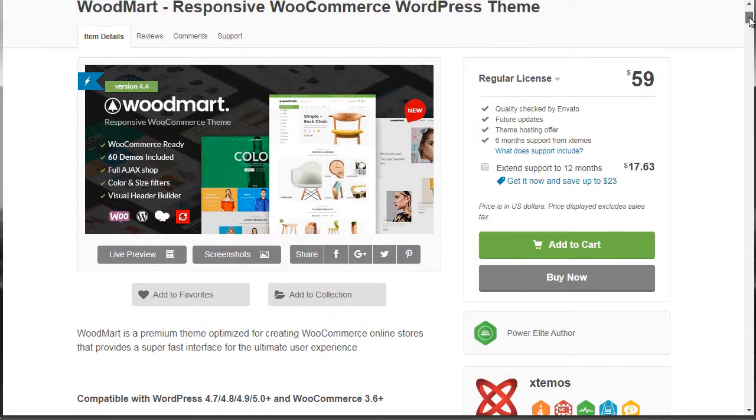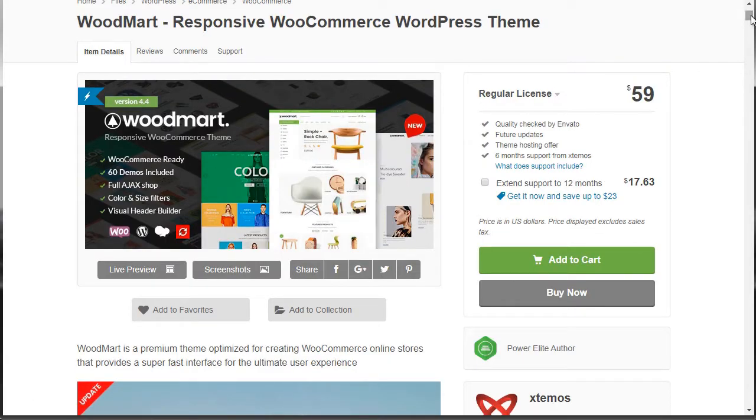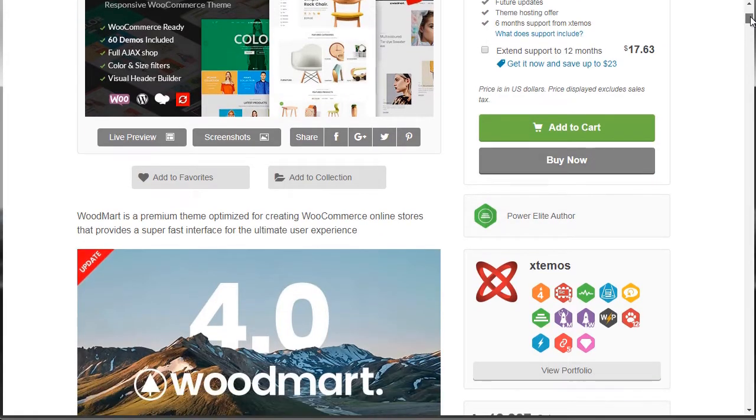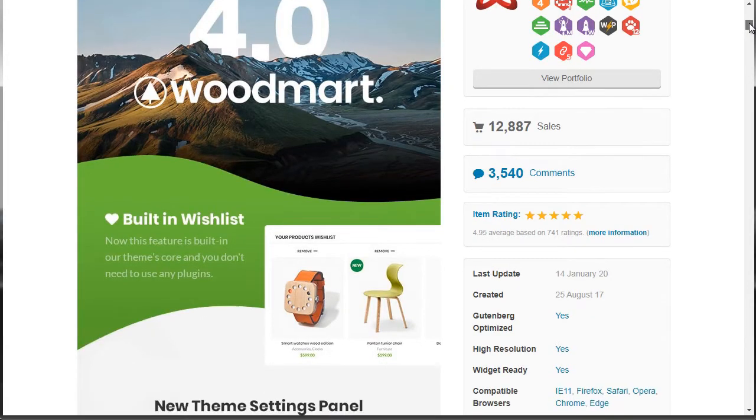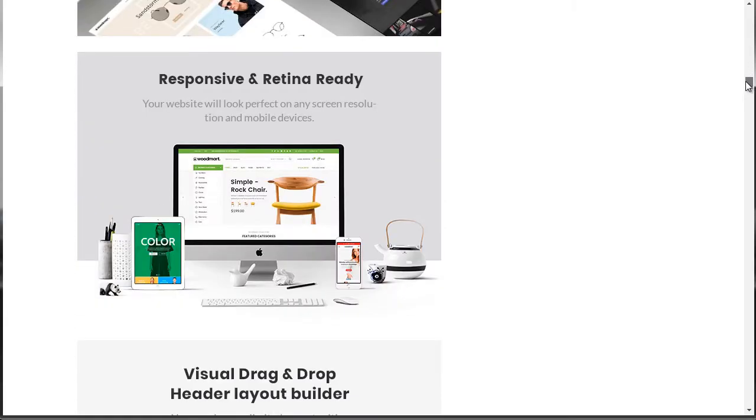So if you scroll down here, you can see that this one theme can actually fit many different niches. It doesn't have to be necessarily one niche. But sometimes if you find a theme that focuses on one niche, it will create solutions that will fit that one niche. So that's the advantage of finding a theme that fits one niche. Now, this is sort of like a one size fits all. All right, so we got Woodmart. This one has a lot of physical products, but as you can see,